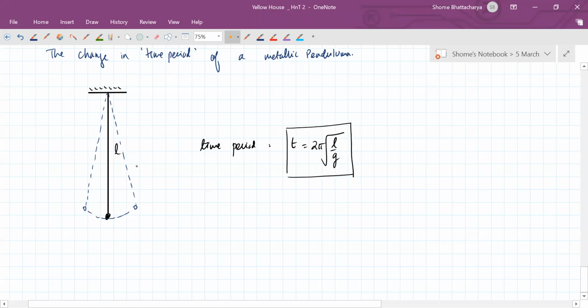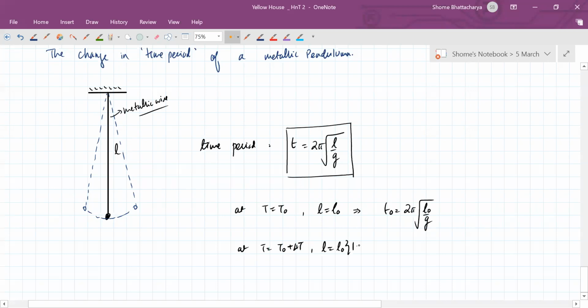So if this is a metallic wire, then you can see that at a temperature of T naught the time period is this, but at a temperature of T naught plus delta T, where alpha is the coefficient of linear expansion for the metal, the length changes. Okay. So the new time period,